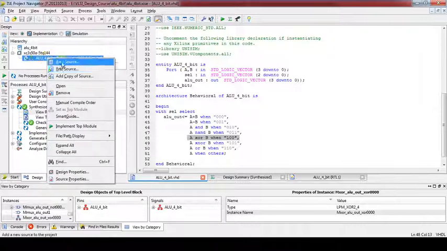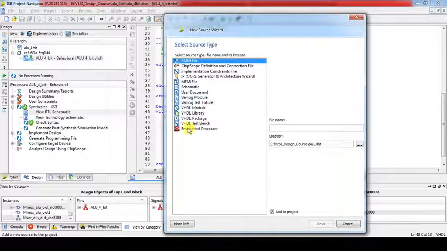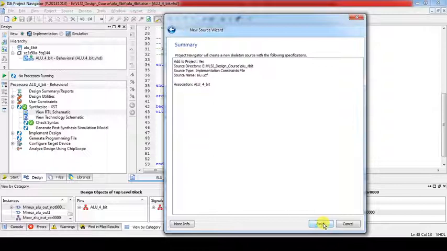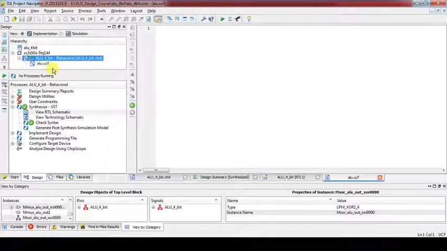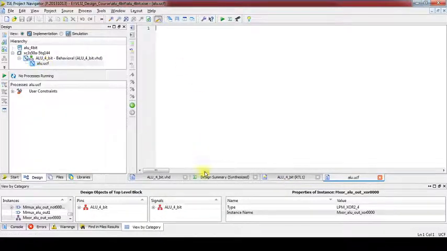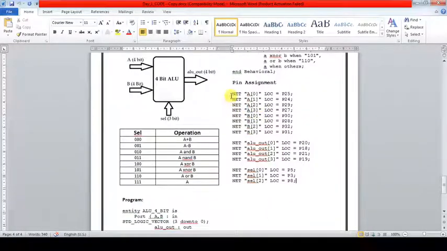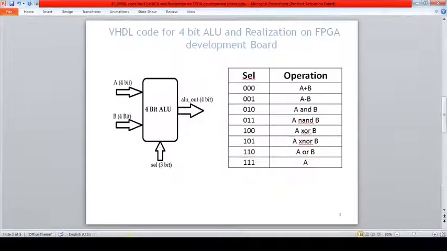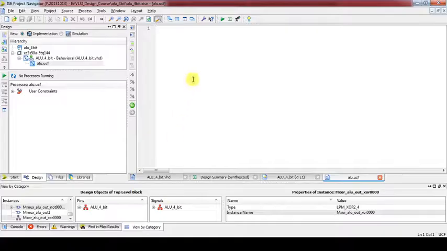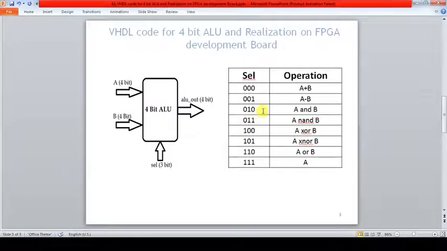Right click, new source, then select implementation constraint file, and name it ALU.UCF. Next, finish. Okay, so here the UCF file is generated. I will use an already written UCF file to shorten our time. Okay, so for that go back.